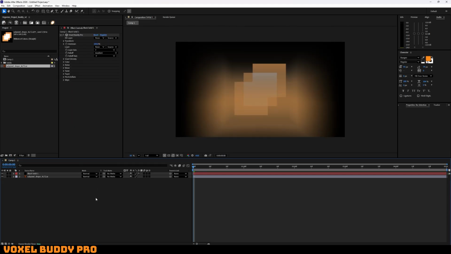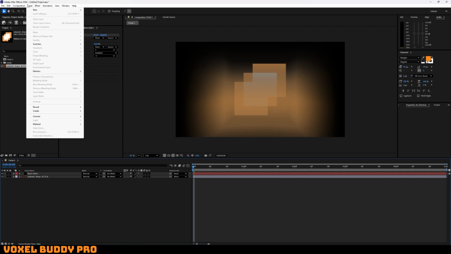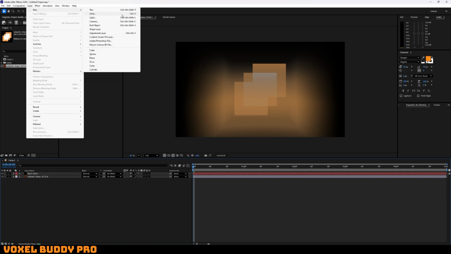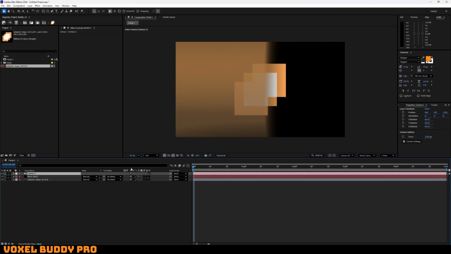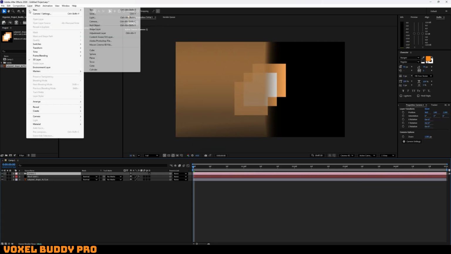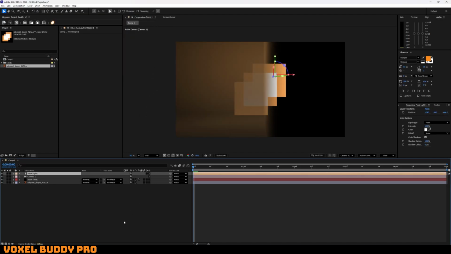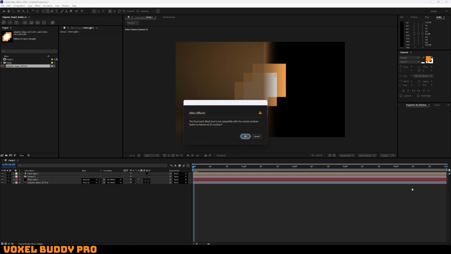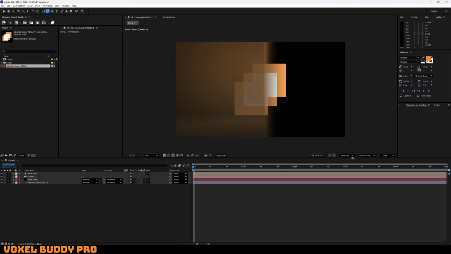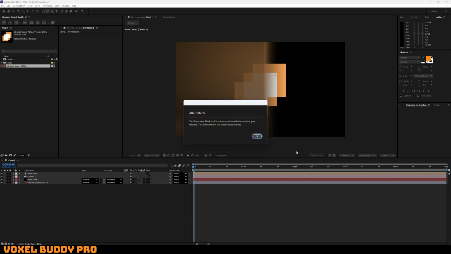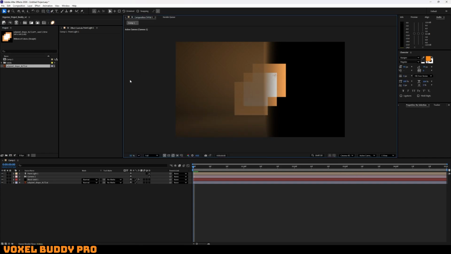Effect Voxel Buddy Pro. We're not going to keep it that way though, because we need to add a couple of things. We want a camera. We're going to add in a light, a point light. Yeah, pretty dope. And then we're going to also throw in a cube, and just so you know, we want to be under Cinema 4D for this because we're going to be drawing out,